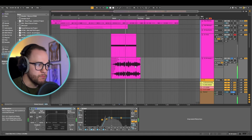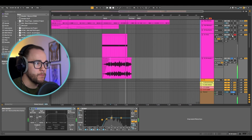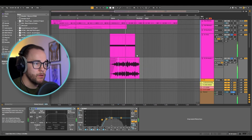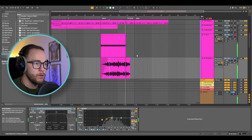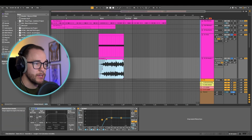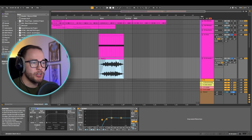Another pitch riser, some movement. Combining the two. This just sounds really cool. I'm going to pull off the top there because I don't need that. I'm going to fade out here and let that pitch riser at the top hold that note where it doesn't do that here. And then I'm actually going to stretch this out maybe a little bit more